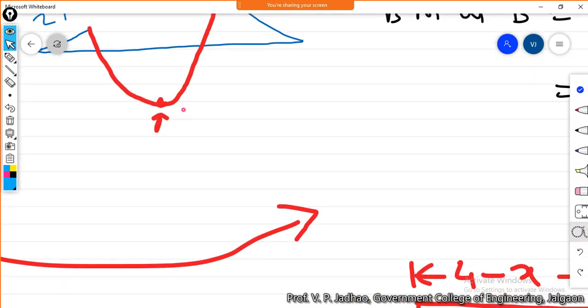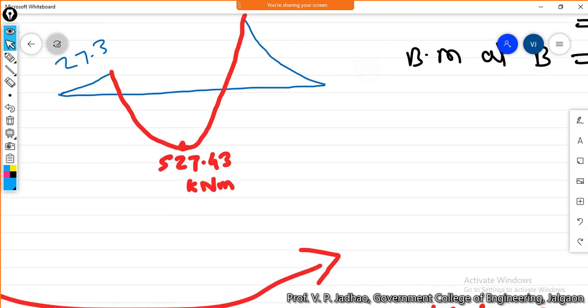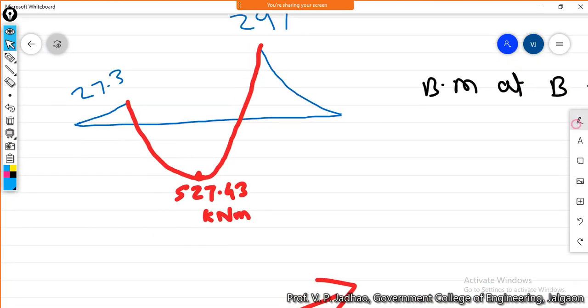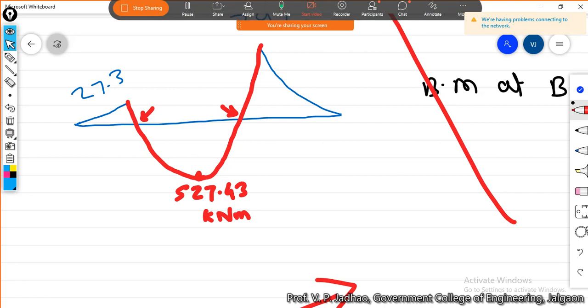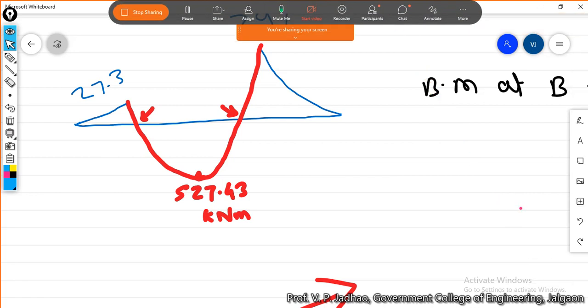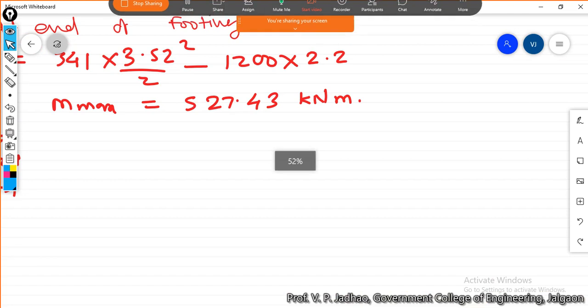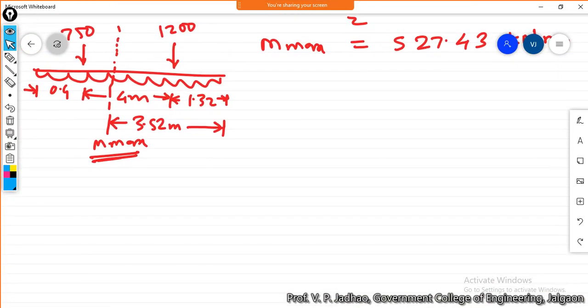This maximum bending moment will be equal to 527.43 kilonewton meter. But at the same time we have to locate the point of contraflexure. The first point of contraflexure is here, and the second point of contraflexure is here. Now we have to locate the points of contraflexure. To locate the point of contraflexure, let us assume that